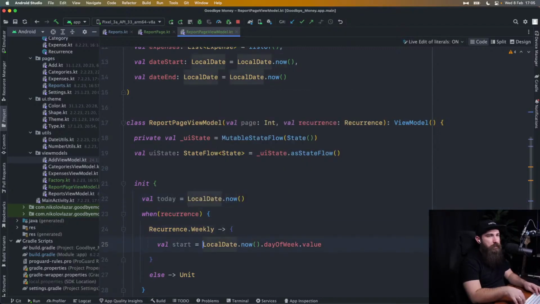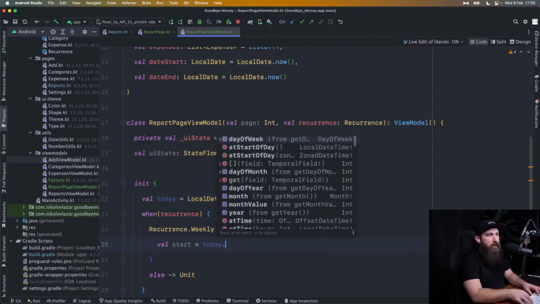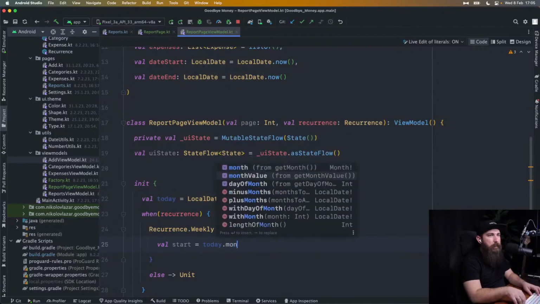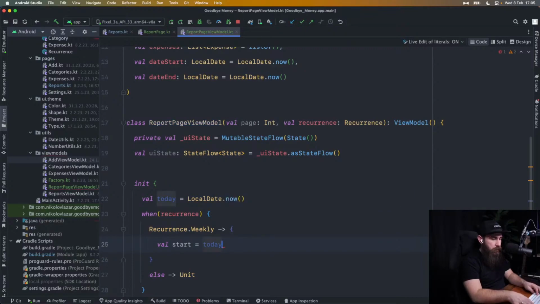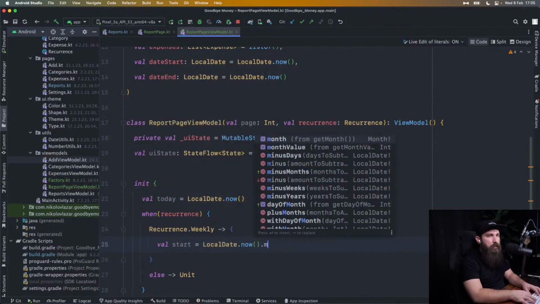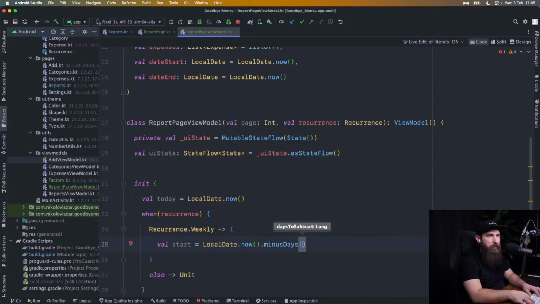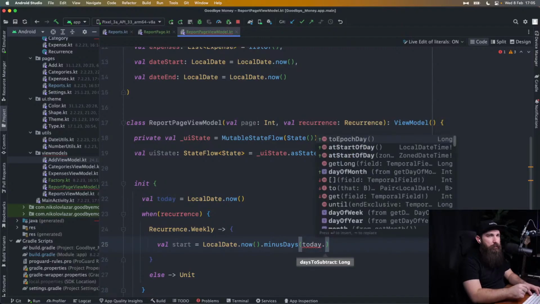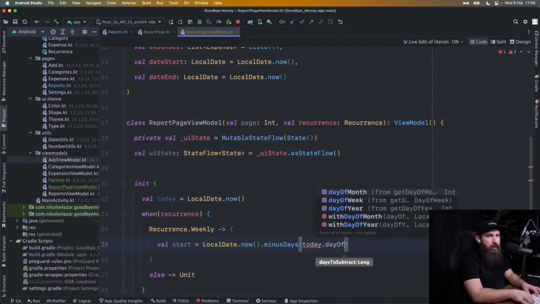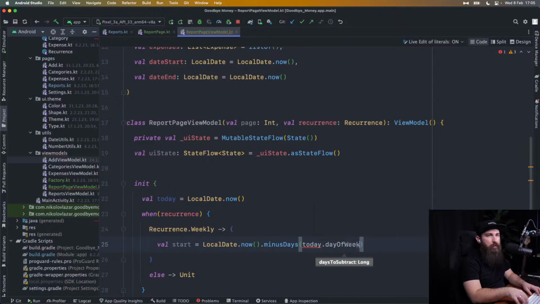Okay, so start is going to be today, no, today, damn it, LocalDate.now minus days, today, dayOfWeek value,